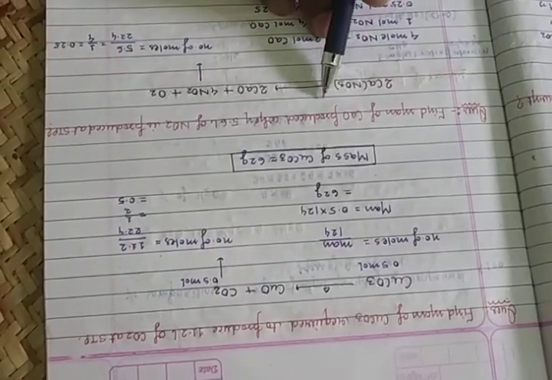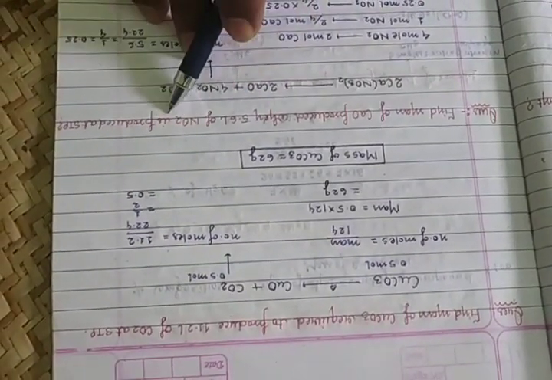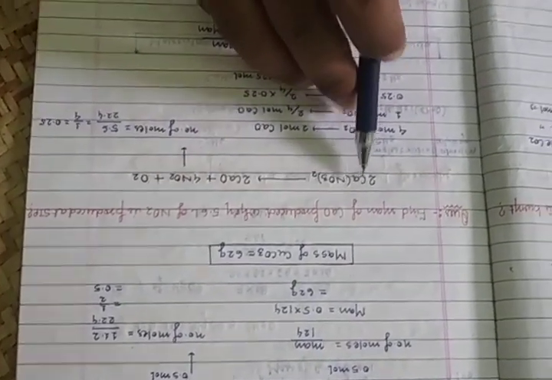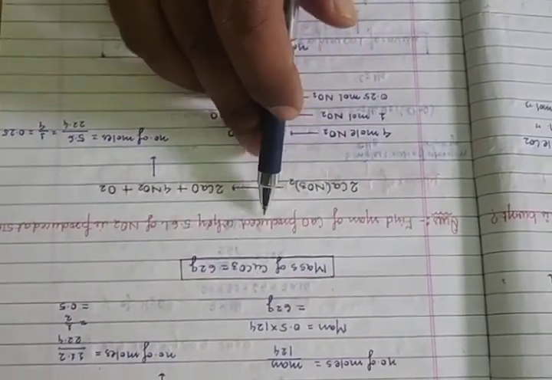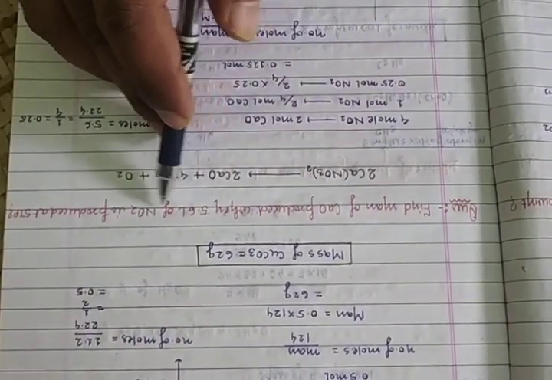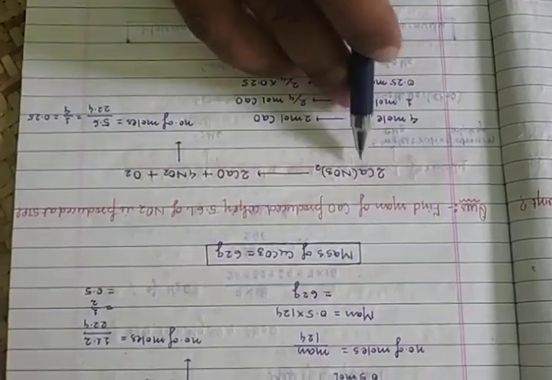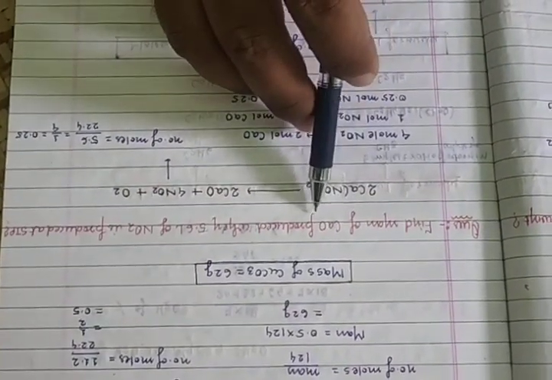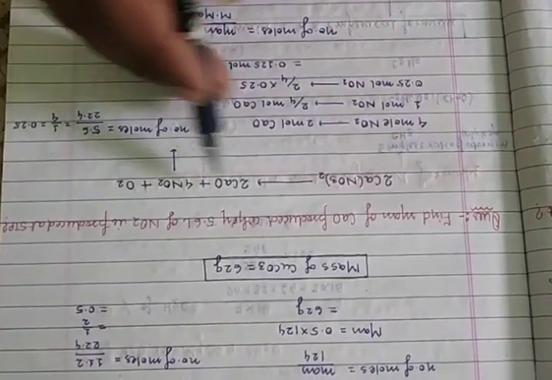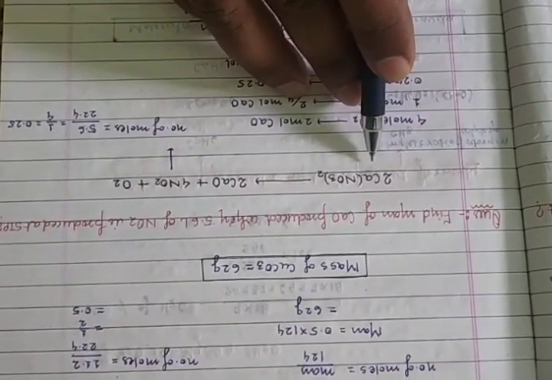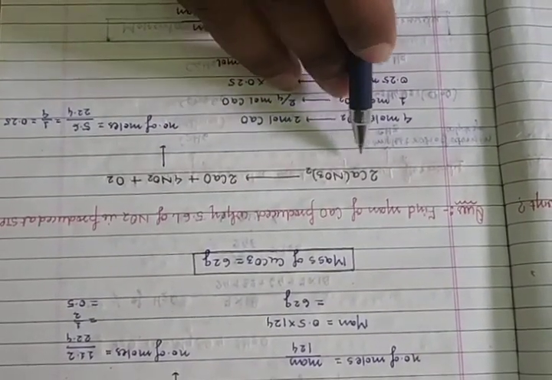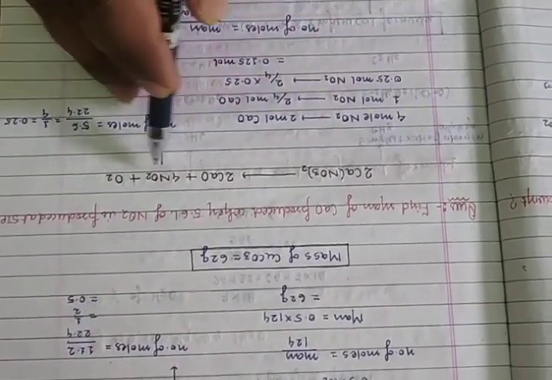Now again here this is a very important question. Find the mass of CaO produced when 5.6 liter of NO2 is produced at STP. So first you solve the chemical reaction. Calcium oxide is produced when 5.6 liter of NO2 is produced at STP. So find the mass of CaO. How to produce CaO and NO2? When you heat calcium nitrate at high temperature. So look, just check, this is the conversion.